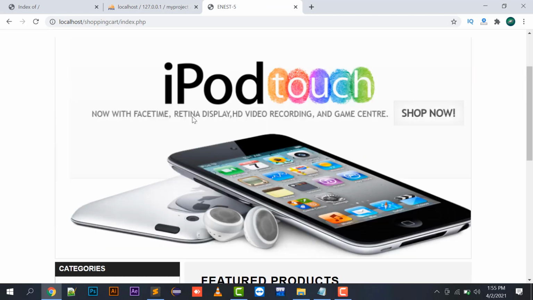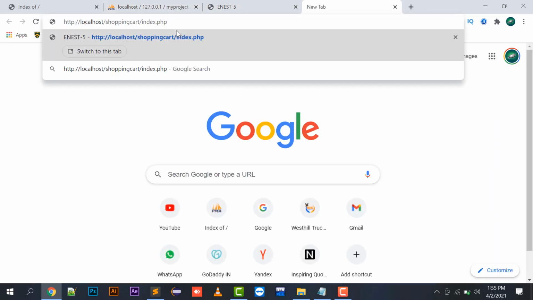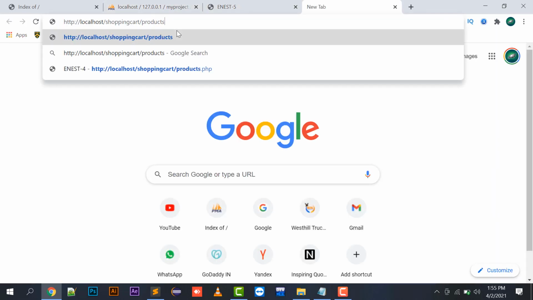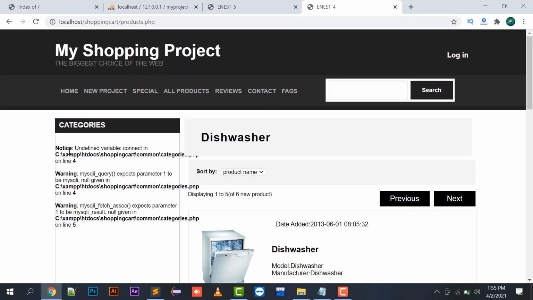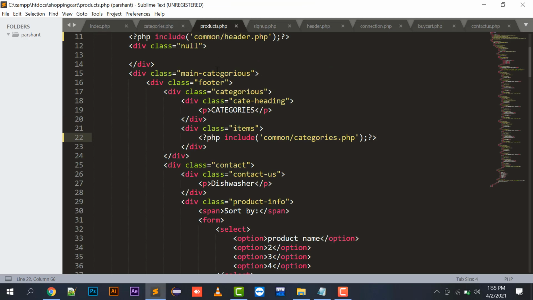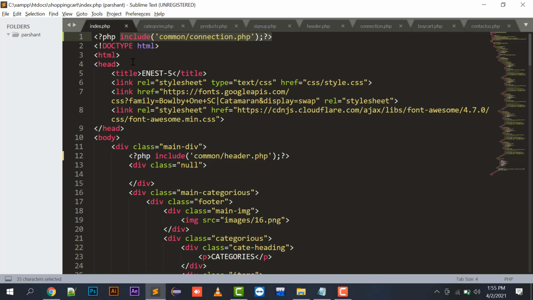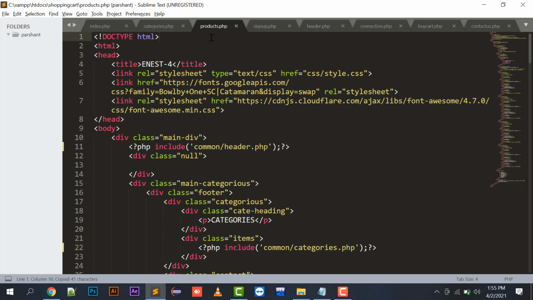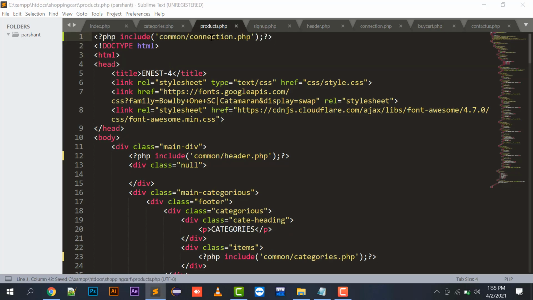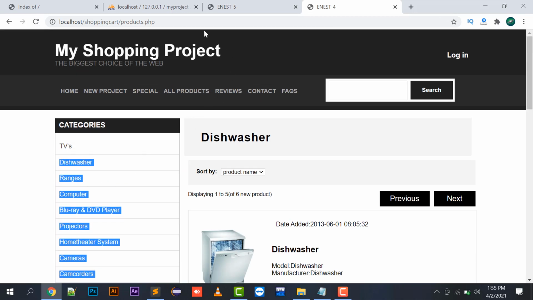So in other pages also, it is being implemented. Like if I check my products.php page, because this category part was common to all, when I open my products.php page, it is showing me an error over here. Why is it showing me the error? Because I have not opened my connection in this file, right? Because all these categories are being fetched from the database, so I have to include my connection file also in products.php in order to display all those categories from my backend or database, right?